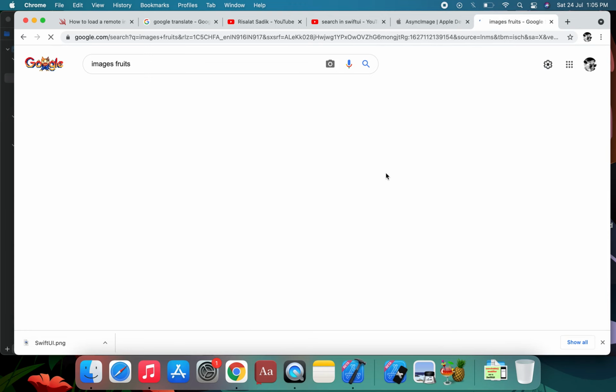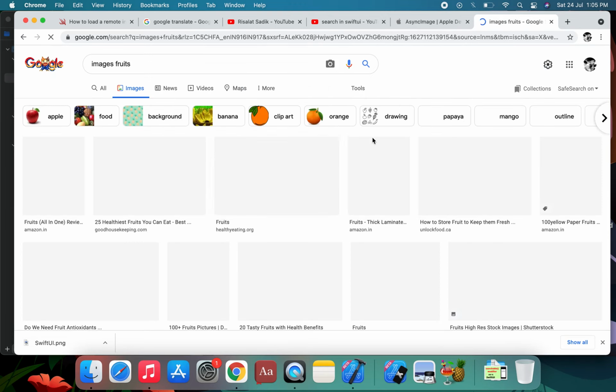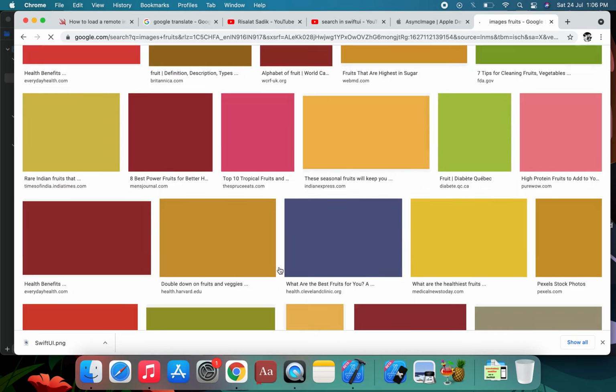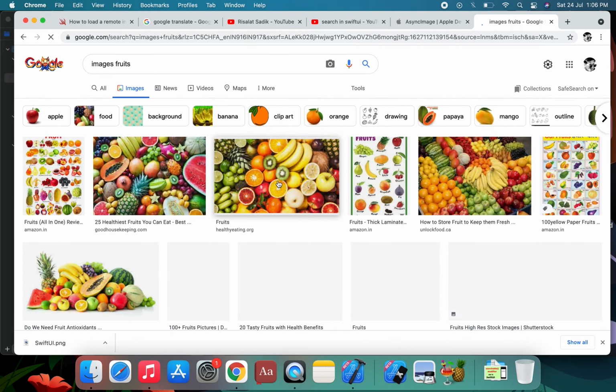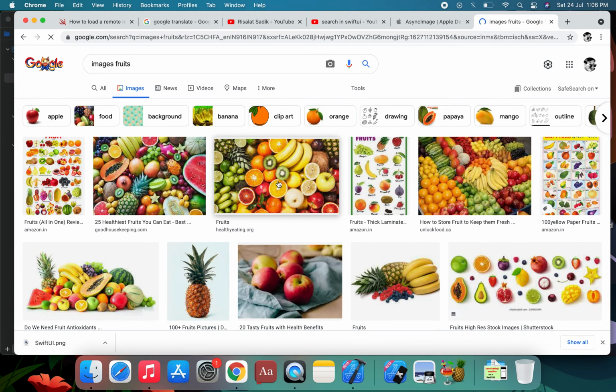This is the image, Farooq's image. The internet connection is very slow.